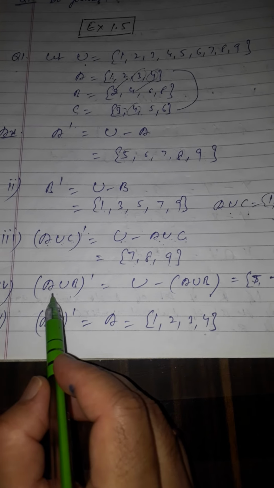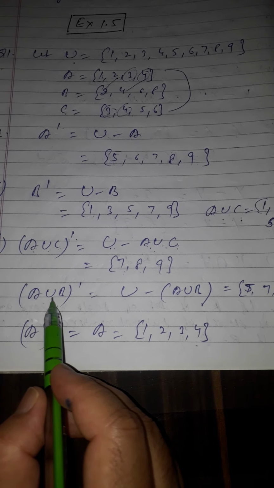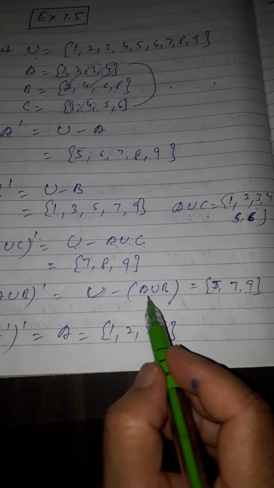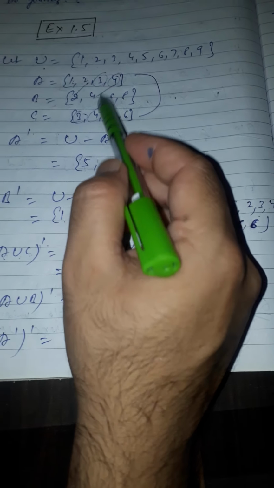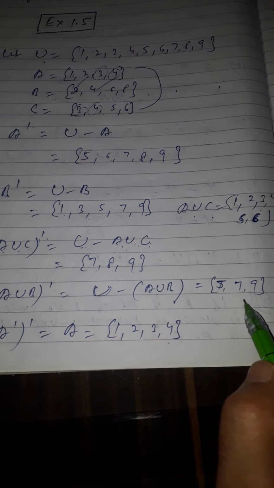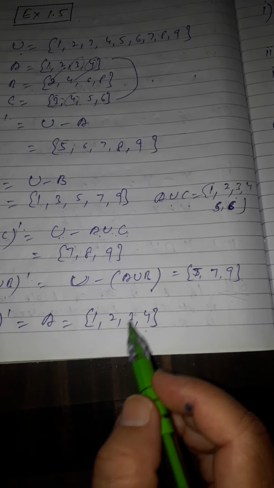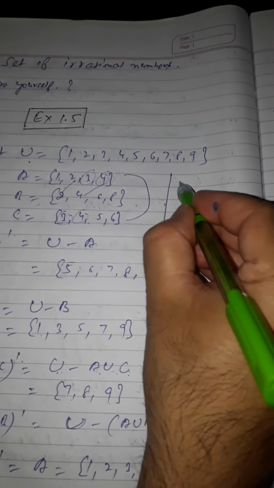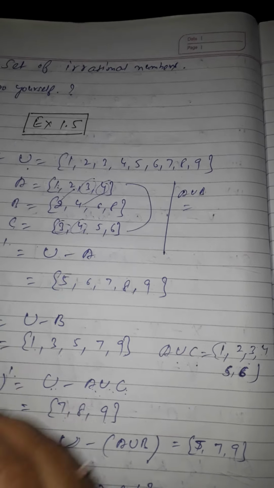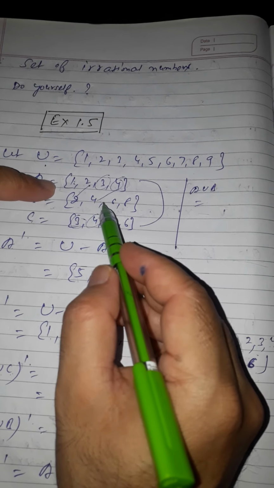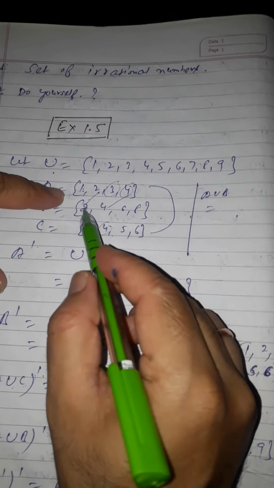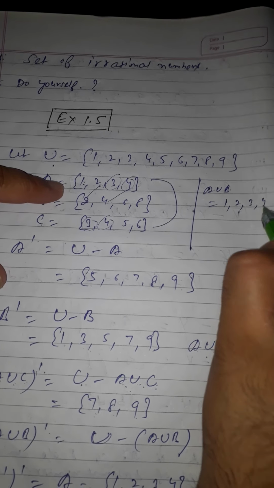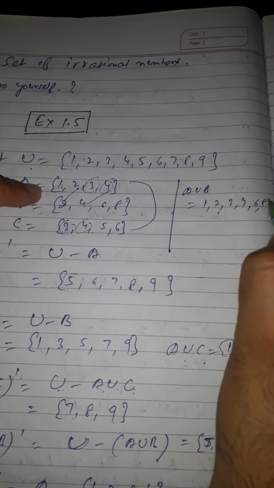Now after that, let us come to the fourth part, (A union B)'s complement, that is U minus (A union B). Now here we will do U minus (A union B), and I want to tell you how this will come. If you will do A union B, you will see which one is common, 2 and 4 is common there, we will not repeat it, so the rest will come, 1 2 3 4 and 6 8, right?